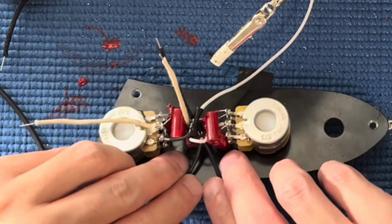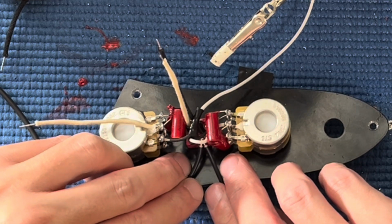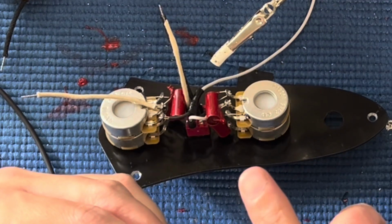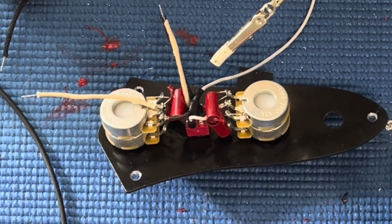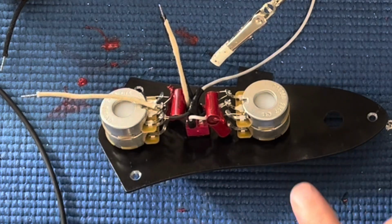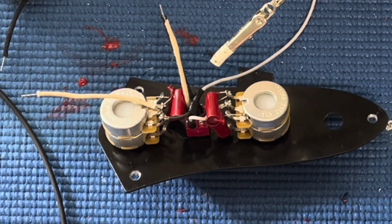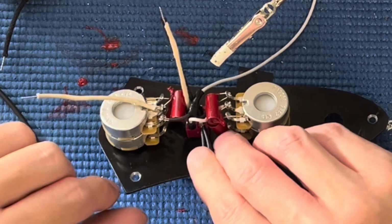Then I can't cut it. So if I can't cut it, I need to be out here. And if I can't cut it, I should make them shorter. So let's do the other side and make them short. Yeah. Okay. And so,